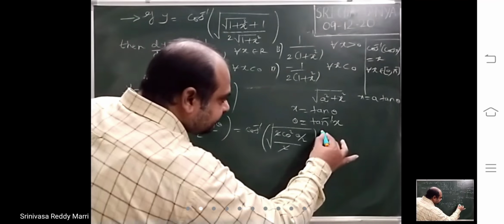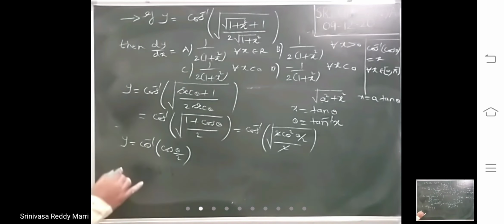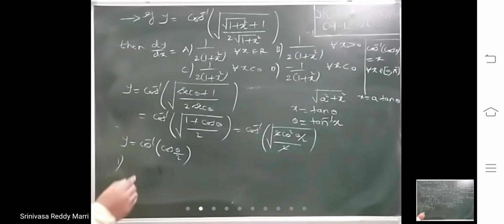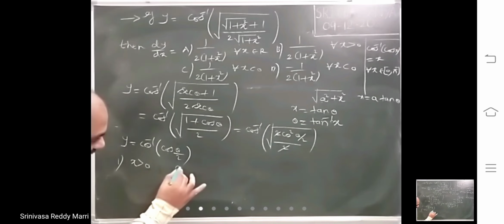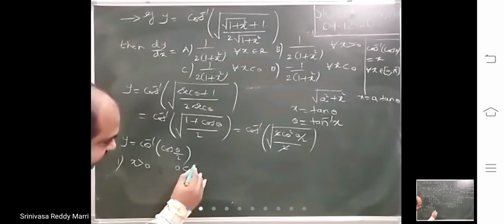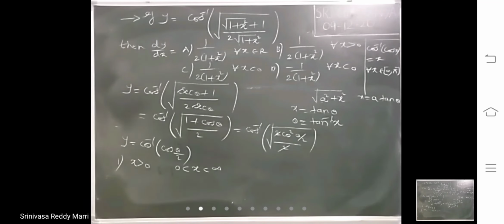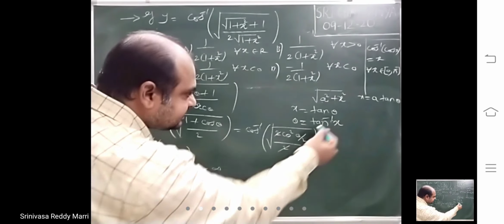Let us check the first case. Here in the question, x greater than 0 and x less than 0 are there. Let us take x greater than 0 first. X greater than 0 means you want to know about theta. X lies in the interval 0 to infinity. Theta means tan inverse x.